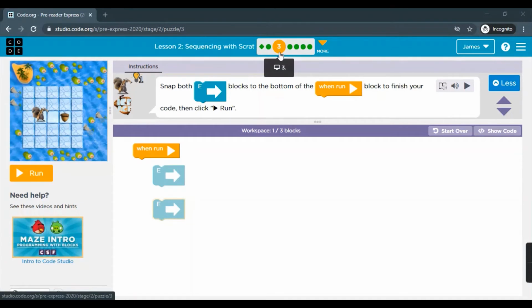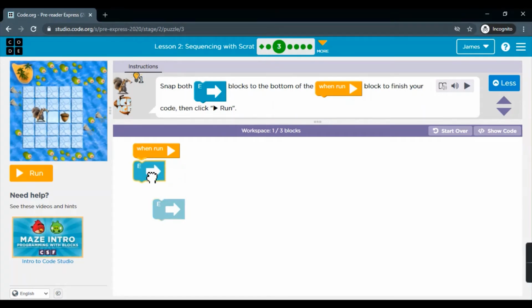In puzzle 3, what we need to do, let's read first. Snap both east block to the bottom of the when run block to finish your code. Then click on run. Now let's snap the east block 1 and 2. Now click on run.